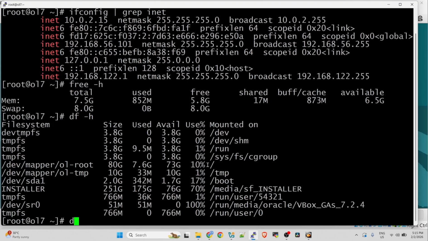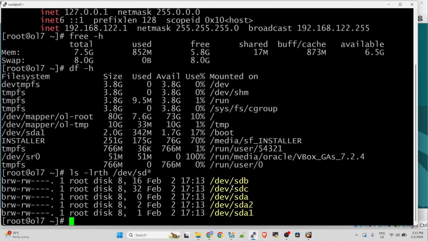And then we can check ls -lrt /dev/sd. So here, this is my data, and this is the FRA disk that we added. I'll just format this later. And I also already ran, hold on, the yum install oracle-database-preinstall-19c.